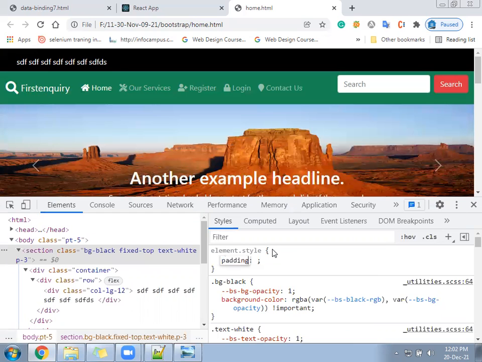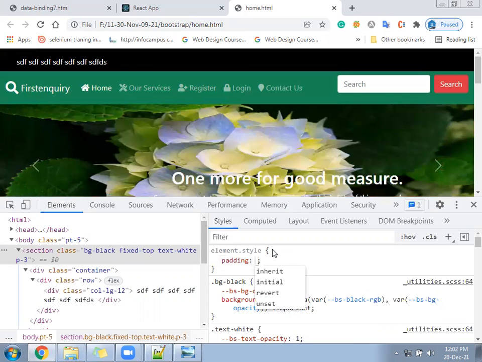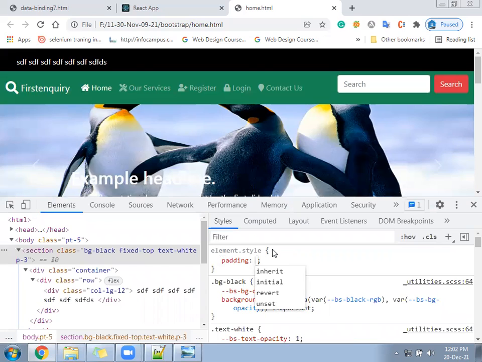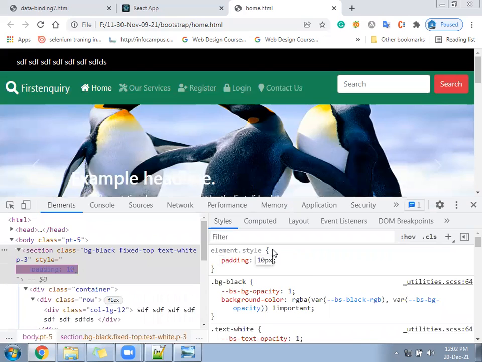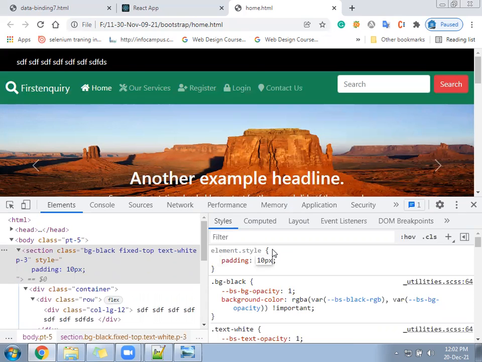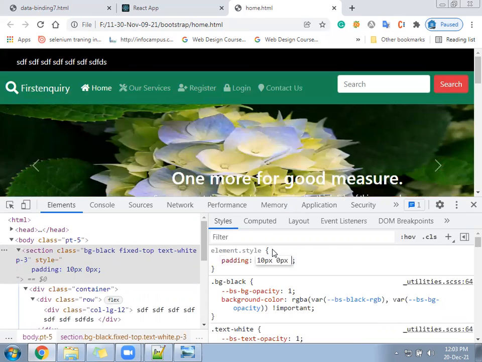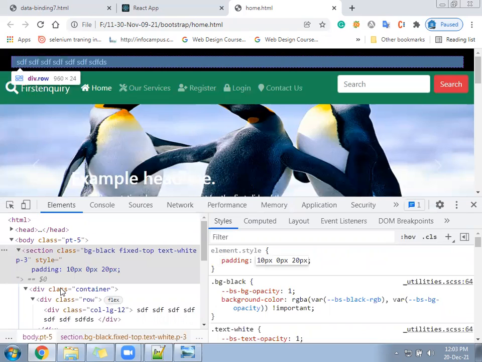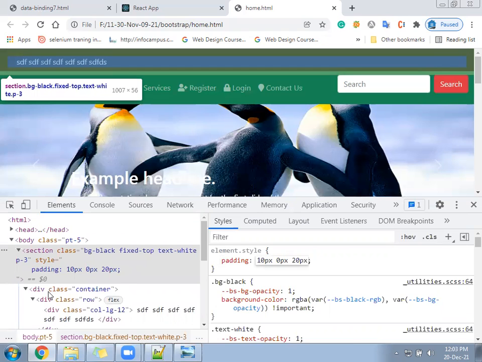Padding: from top 10px, from left and right 0px, from bottom 20px. But 20px will get allowed if we increase here.